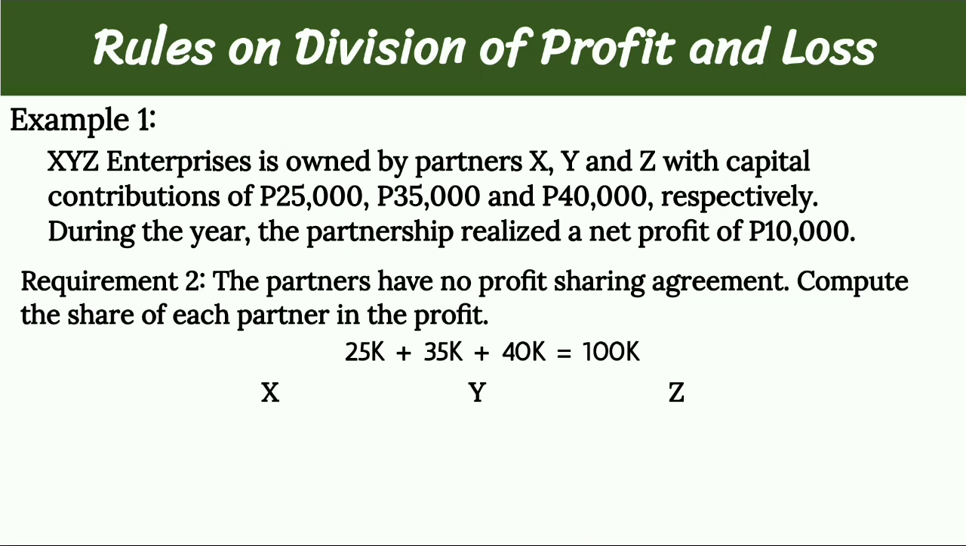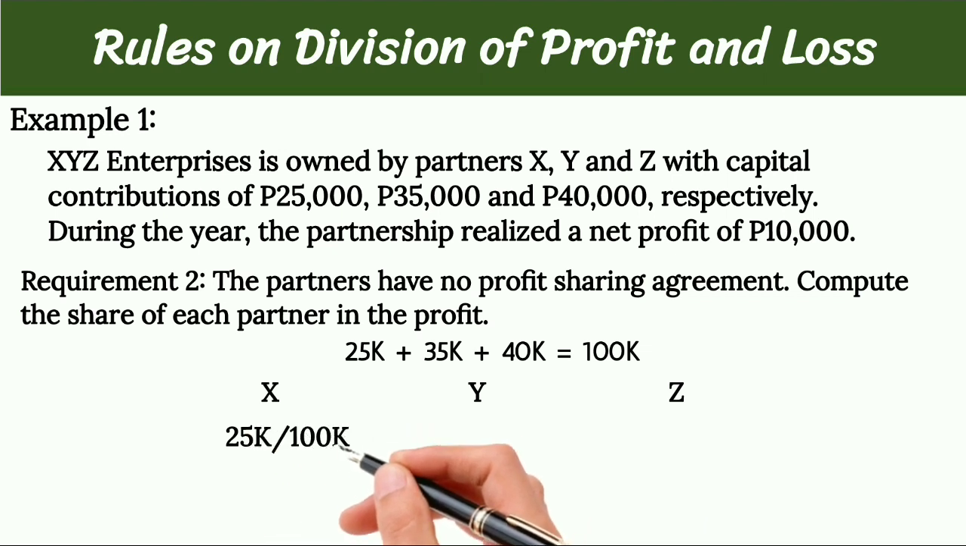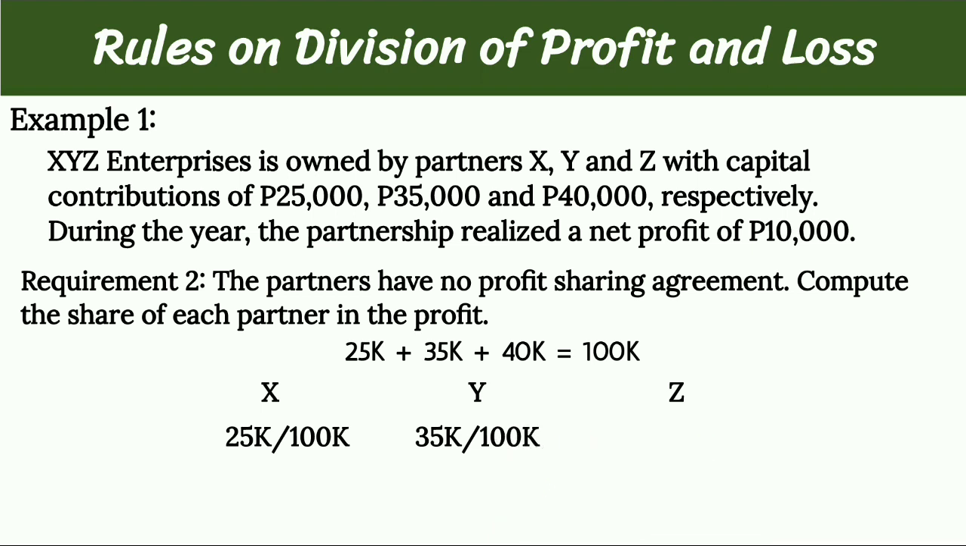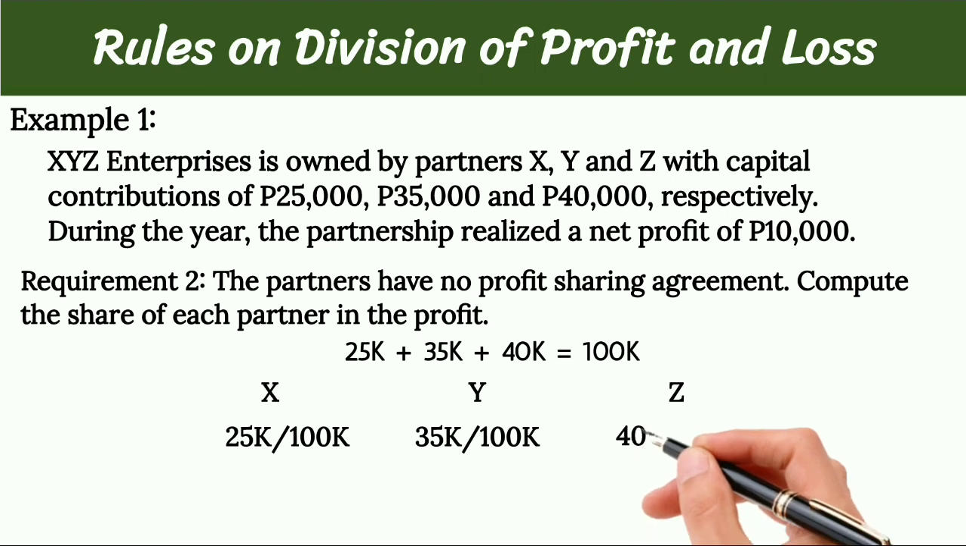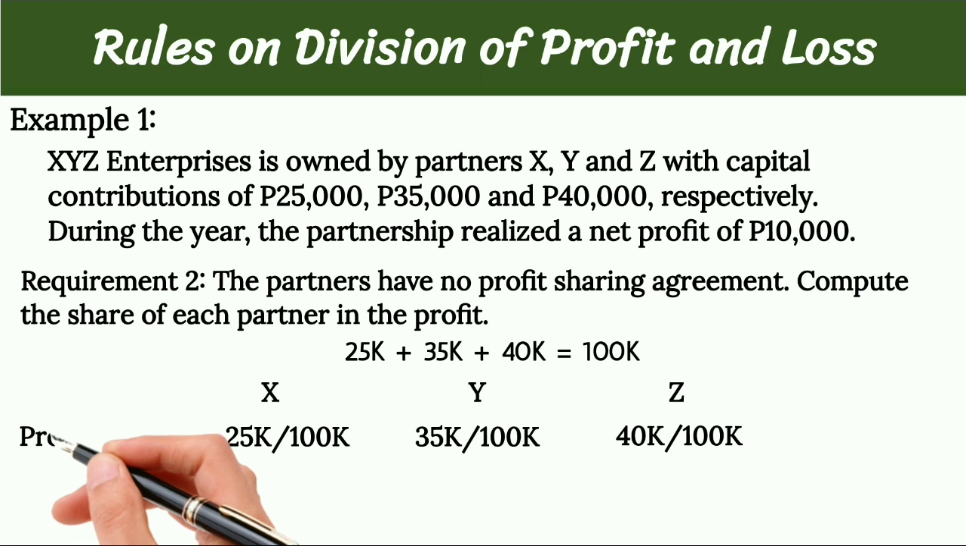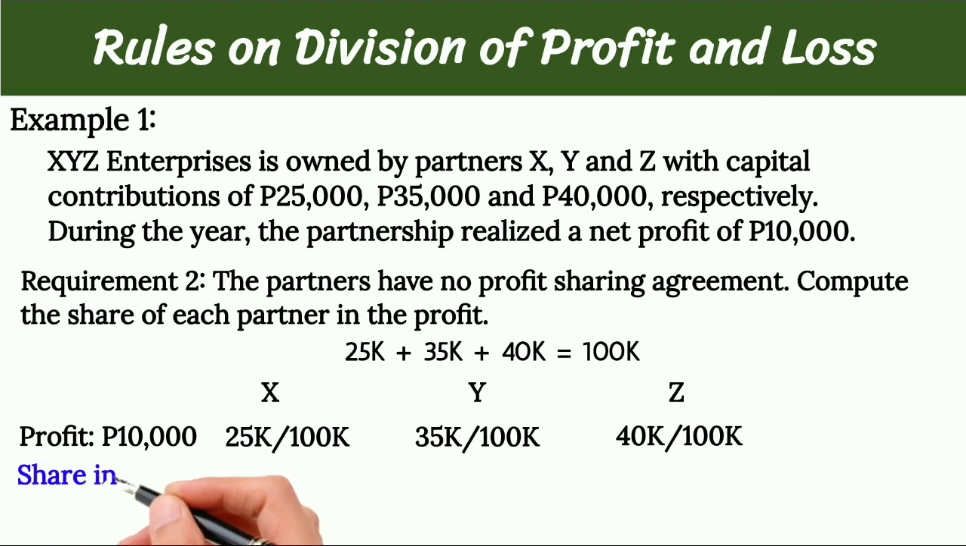So, ang share ni X sa 10,000 pesos ay 25,000 over 100,000. Ang share ni Y sa 10,000 pesos ay 35,000 over 100,000. At ang share ni Z sa 10,000 pesos ay 40,000 over 100,000. Dahil ang net profit ay 10,000 pesos, sa 10,000 pesos natin imumultiply yung fractions to get the share of each